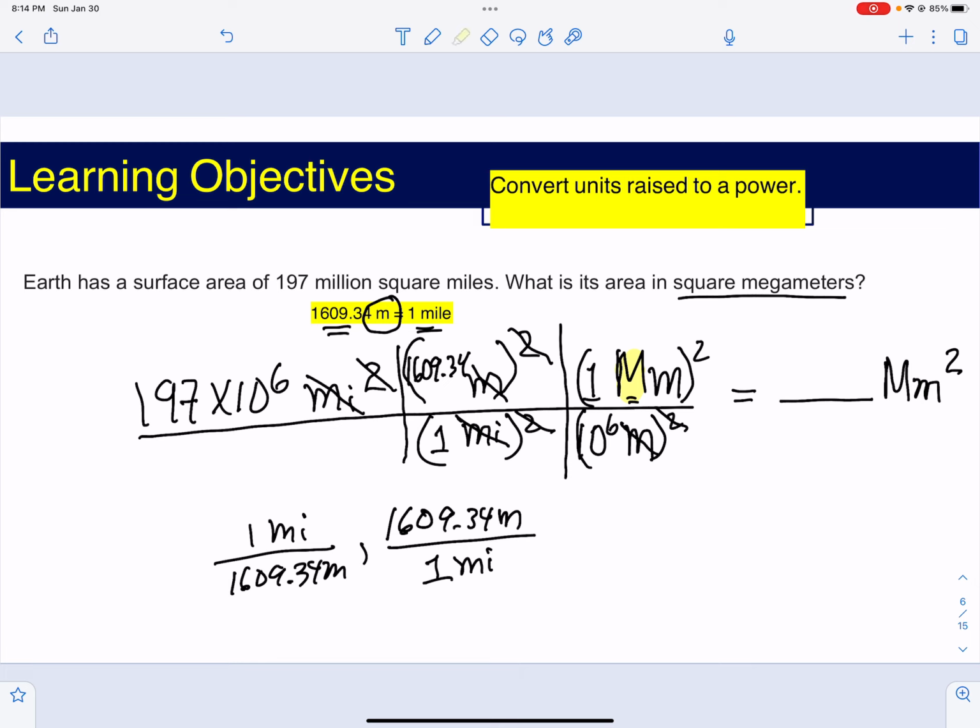So what units do we have remaining? Mile squares is gone, meter squares is gone. The only unit remaining is the one I'm looking for. So what do I need to put on my calculator? Well, on your calculator, you're going to put 197 times 10 to the 6